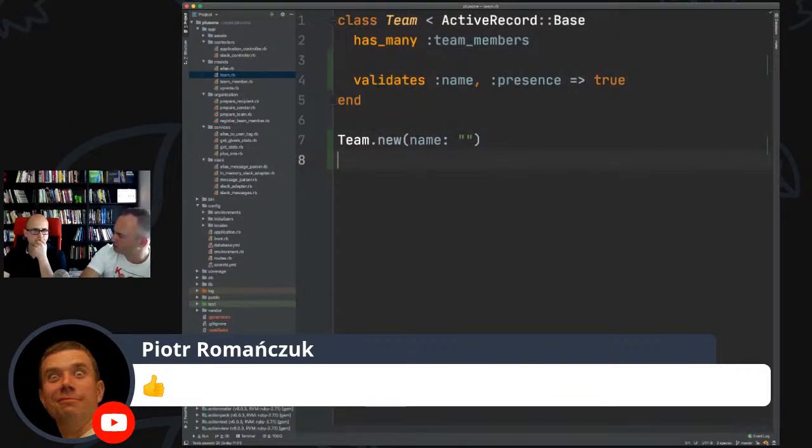This wouldn't raise an exception. So instead, what you need to do in Ruby, in Rails, in Active Record, is check if it's valid. Okay, but it would when you're saving, right? It would.